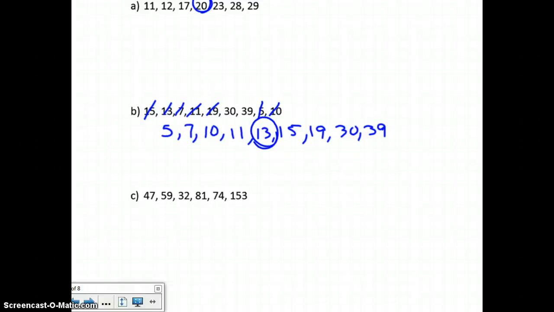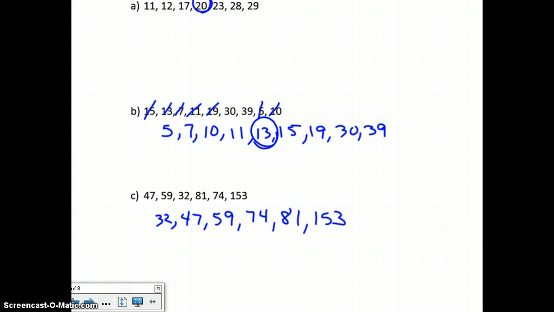Okay, we'll finish up here with finding the median of the set of data. For part C, we had to list the data in order from smallest to largest, or from largest to smallest, really it doesn't matter. We have 32, 47, 59, 74, 81, and 153. This time we have an even set of data, so we don't have an exact middle,